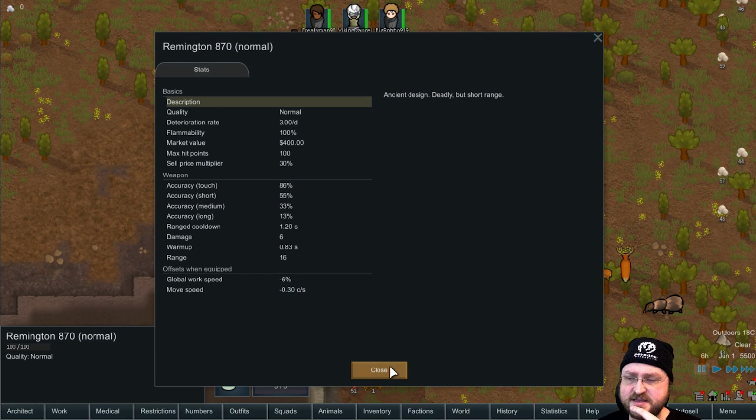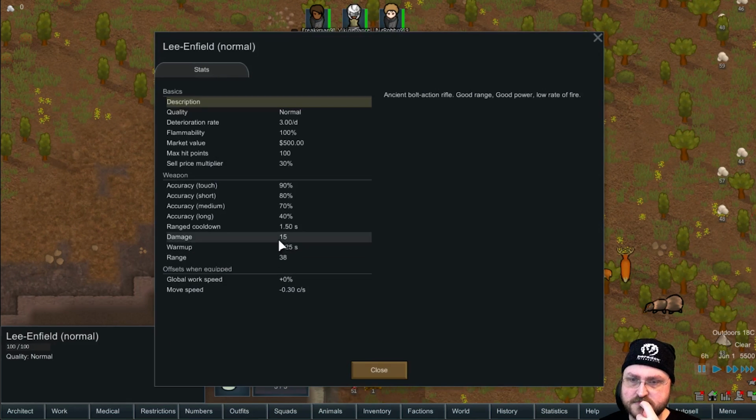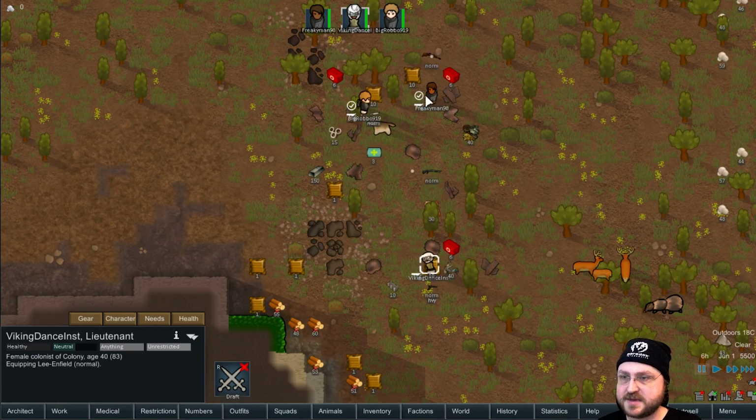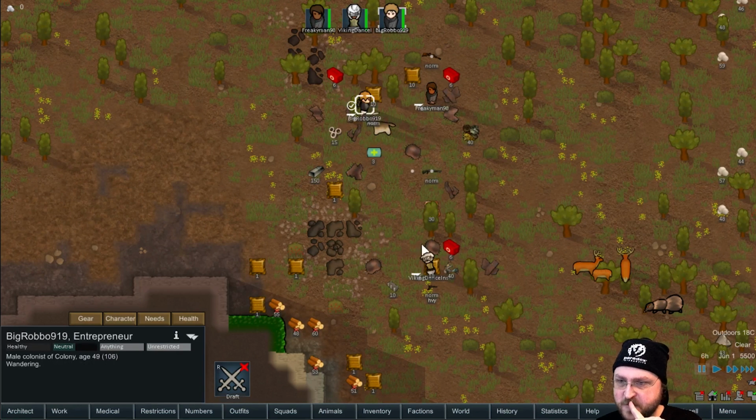I mean, the rifle has a longer range, but the shotgun can do a lot more damage, right? Damage is 6, but I think there's multiple pellets, isn't there? Damage is 15. I don't know. We'll give you the Lee Enfield. It has a better range. It'll be better at hunting anyway, or defending the base. So we'll do that. And then the 2 weapons don't matter. We'll give Freaky Man the Remington, and Big Robo will get the Colt